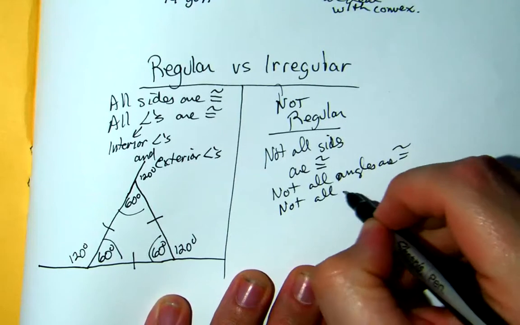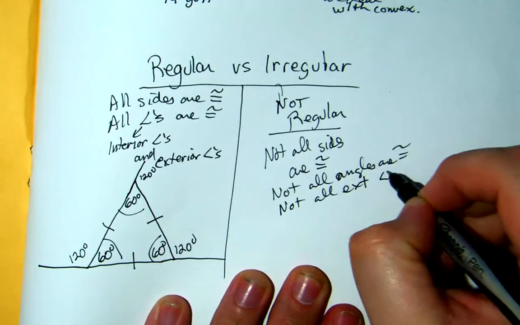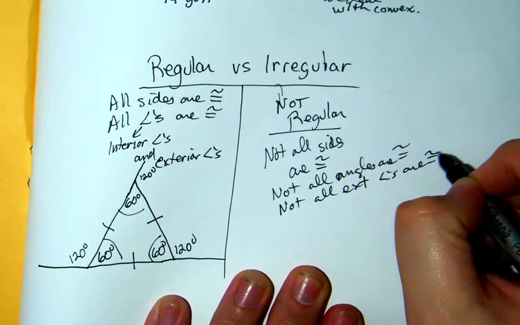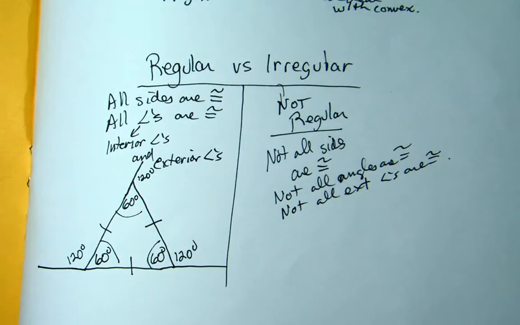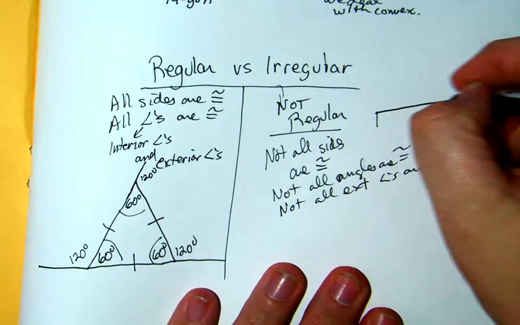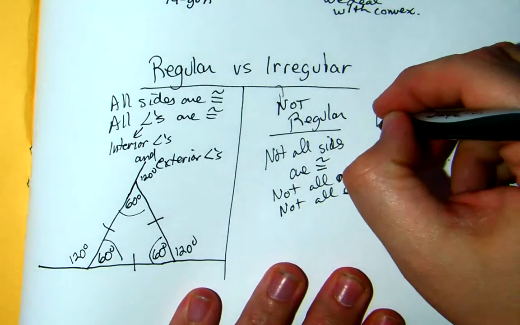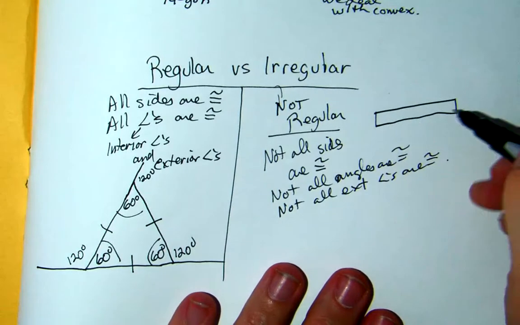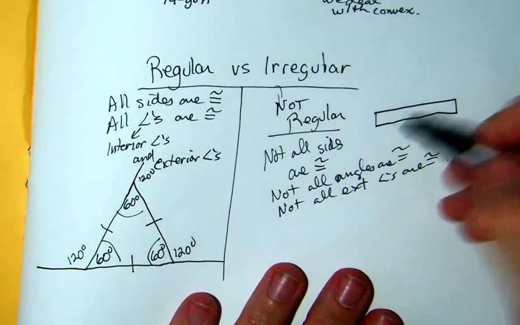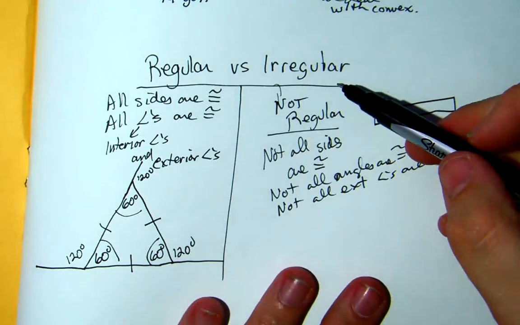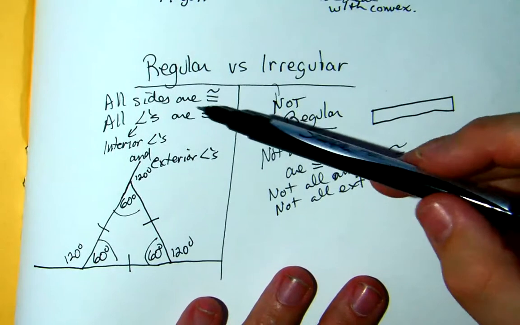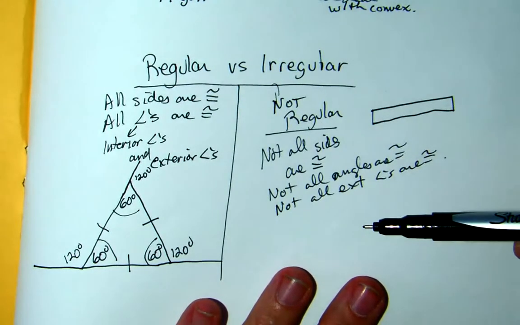Not all exterior angles are congruent. So, think of a rectangle. All the angles are congruent, but the sides aren't. So it's irregular, even though it has a couple of the characteristics of